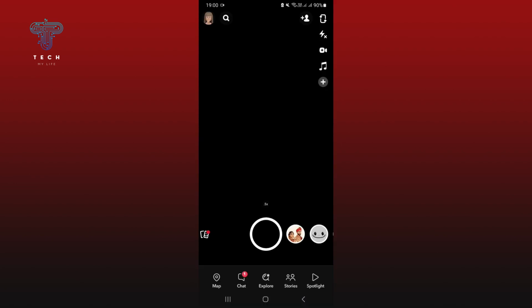If you take a video from Snapchat and it turns out to be blurry, first make sure that you have a strong Wi-Fi connection. The next thing that you can do is make sure that your Snapchat is up to date. To do so, go ahead and exit Snapchat